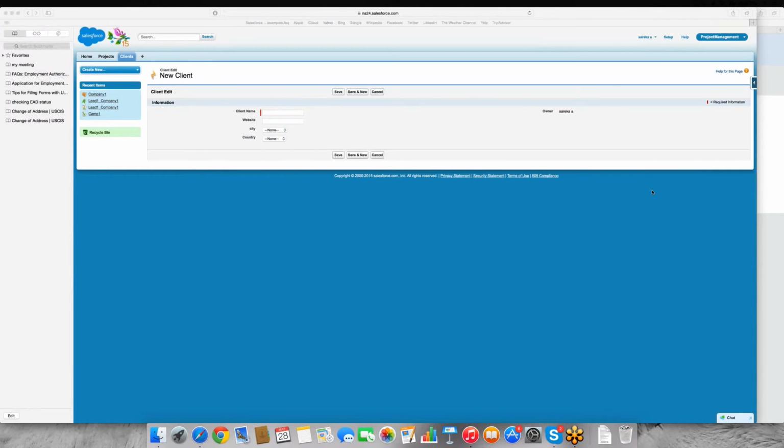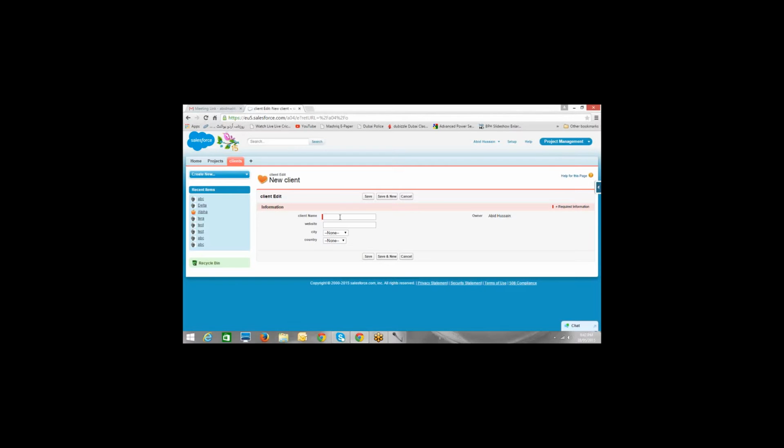So let's go to the new client option and click on the city drop down. What all cities do you see? Oh, all the cities. Fine. Now just keep city as none and select any of the countries. Let's say select Pakistan. Click on city now. It still shows me all the cities, which is what I do not want. If I select a particular country, I should be able to see only the cities from that country. That's what my requirement is.